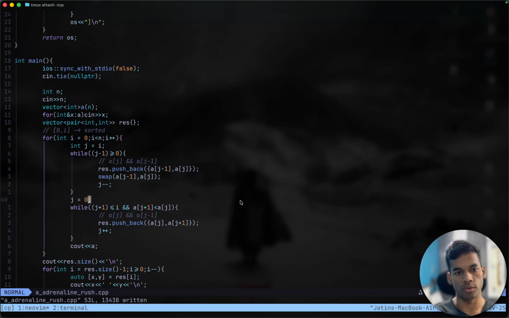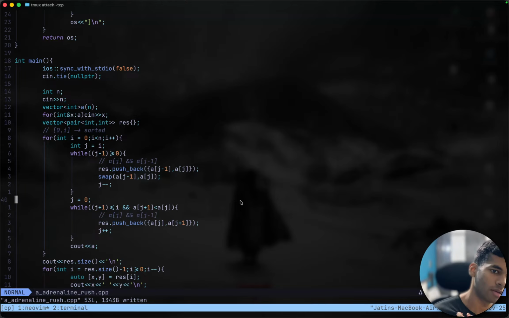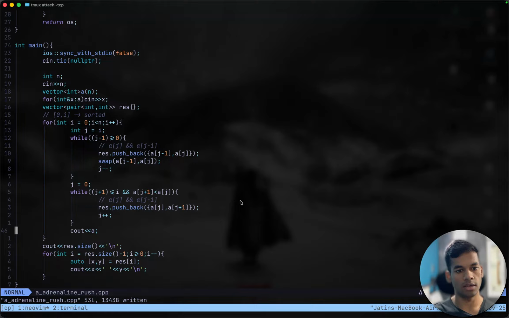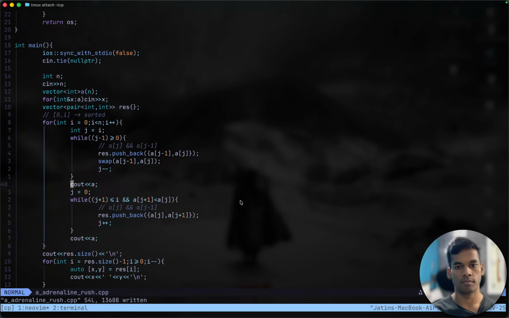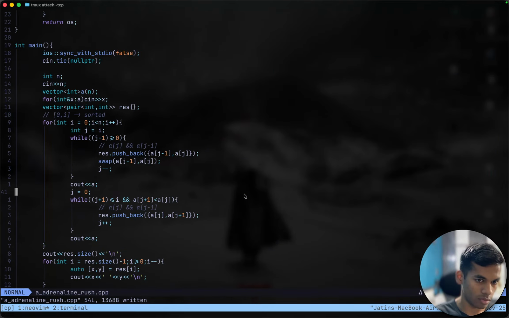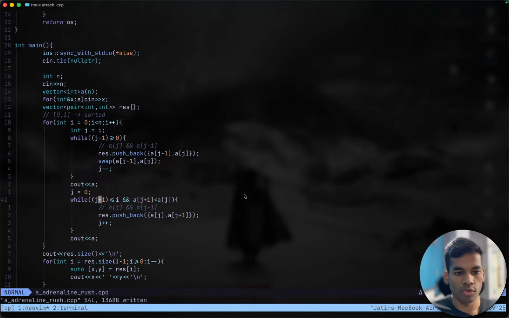j was equal to 0. Okay. What was the state after this? Let's see. Okay. This was equal to, yeah, same. Cool. Okay. We didn't do anything. We were supposed to take this 3 onto the right. We didn't do that. So i was equal to 1. Okay. i was equal to,